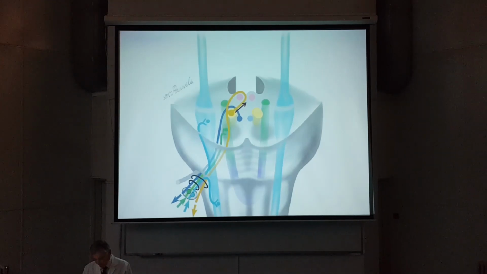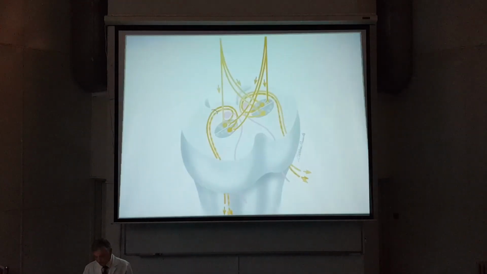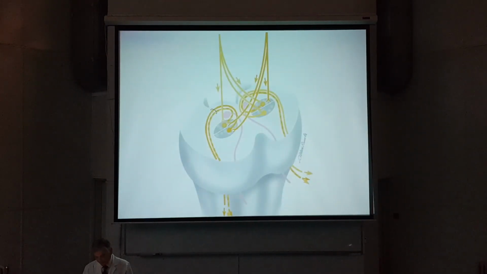The fibers of the lower motor neuron come out around the abducent nerve nucleus, turn, make an elevation, and then we have to look into the motor nucleus of the facial nerve,